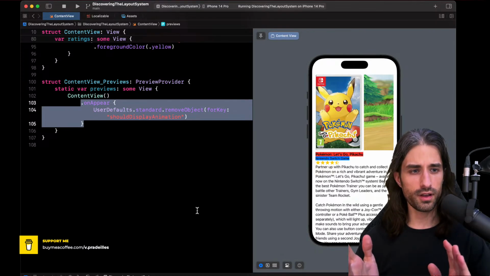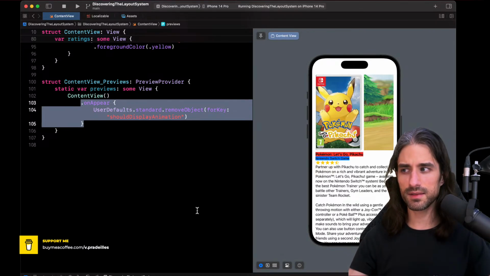So the first time is that the parent view will offer to its child view all the space it has available.